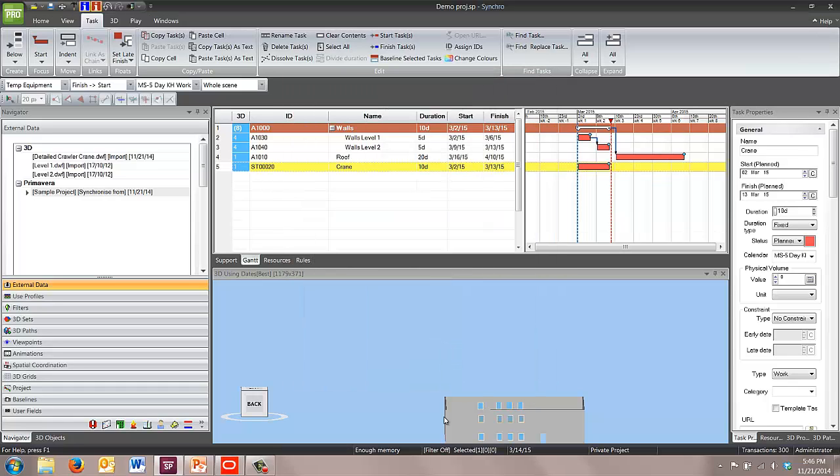So here's our resulting schedule in Synchro, and you can see the detailed tasks that we've added are still there. The crane task, that brand new extra task, is still there. And that roof task has updated from 10 days originally to 20 days, like it did in P6. And you can also see here the blue